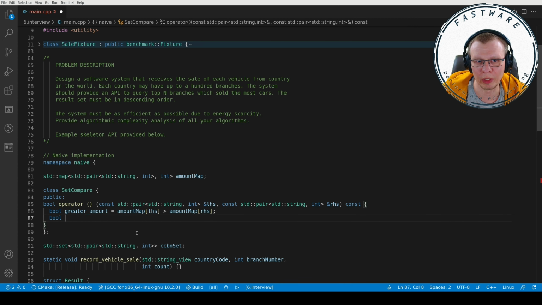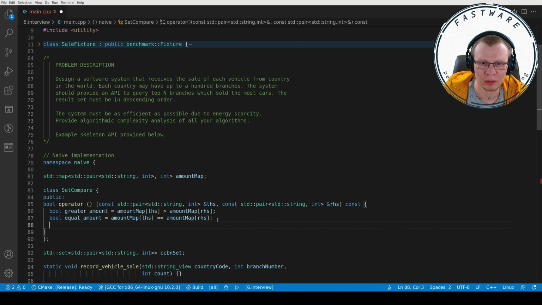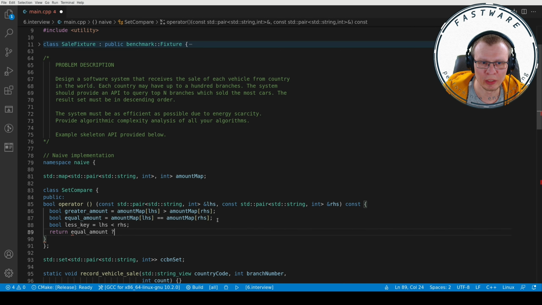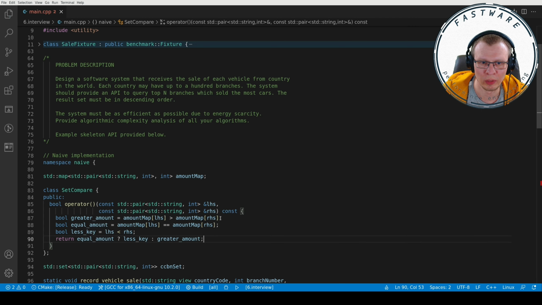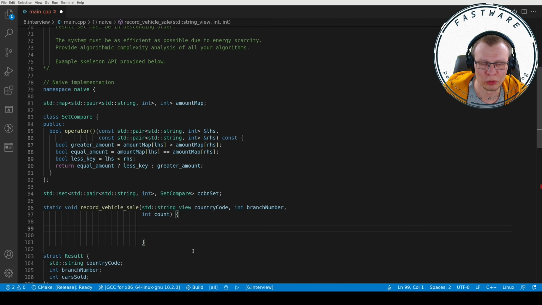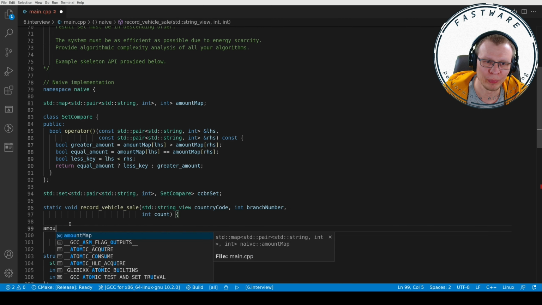So here, what we're going to be doing is just starting with saying, okay, so we have a greater amount. We'll look up from our amount map for the left-hand side and right-hand side the amounts. We have the less key also. And what we'll be doing is comparing, so if equal amounts, then do the less key, otherwise greater amount. So that set comparator included as part of the set will do the trick at ensuring that all of our